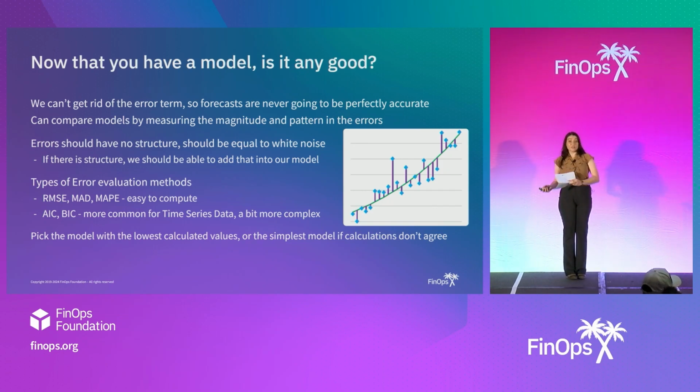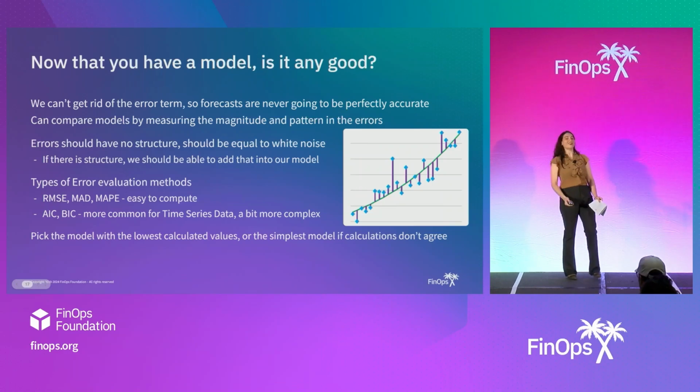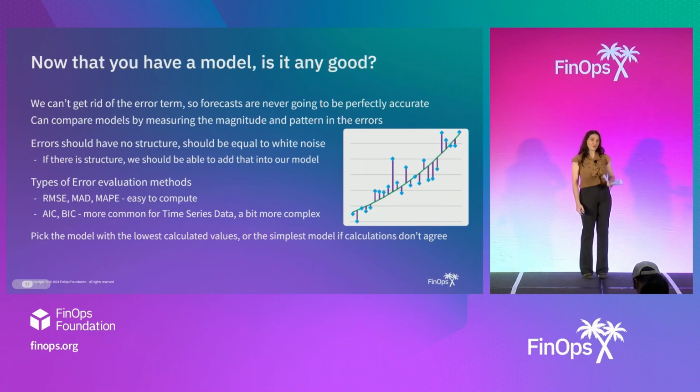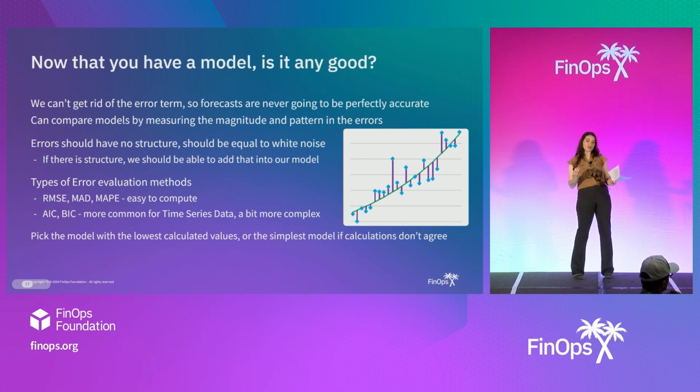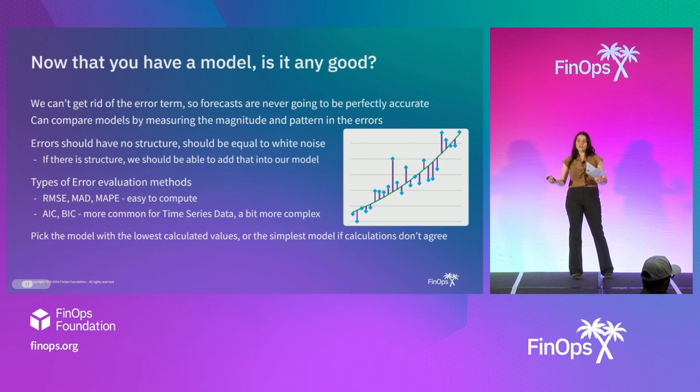Now for time series specifically, there are some more likelihood-based heuristics. The AIC and the BIC are more commonly used for time series specifically, whereas the RMSE is used more for all of the other types of analyses that can happen in data science. And so typically you want those to be lower because, again, it measures how accurate your model is going to be, but sometimes they don't always match up. And so if you have models that provide the same metrics, but you don't know which one to pick, always go with the simpler model, because there is a